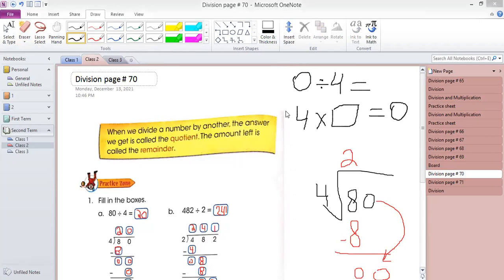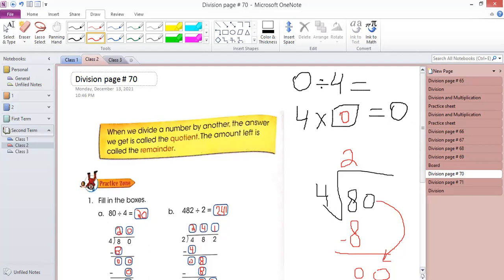4 multiply 0. Yes, 4 multiplied by 0. Very good. 4 multiplied by 0 will give you 0. You know guys that any number you multiply by 0 is 0. And 0 divided by any number is 0. 1 multiplied by 0 is 0, 2 multiplied by 0, 3 multiplied by 0. Any number you multiply, 5, 6, 10, 15, 20, 100, 1000, 10,000, by 0, the answer will be 0.